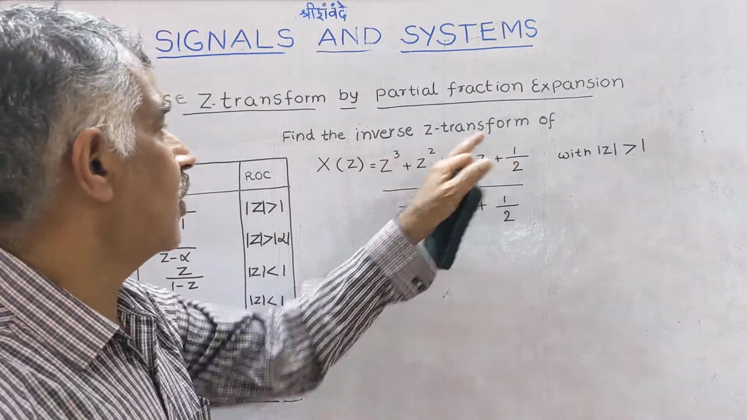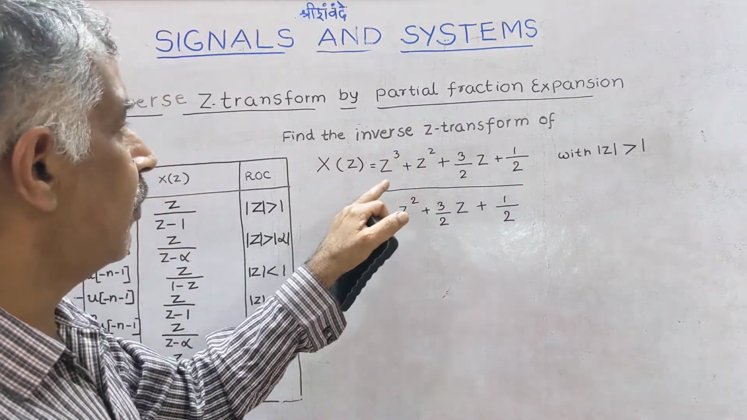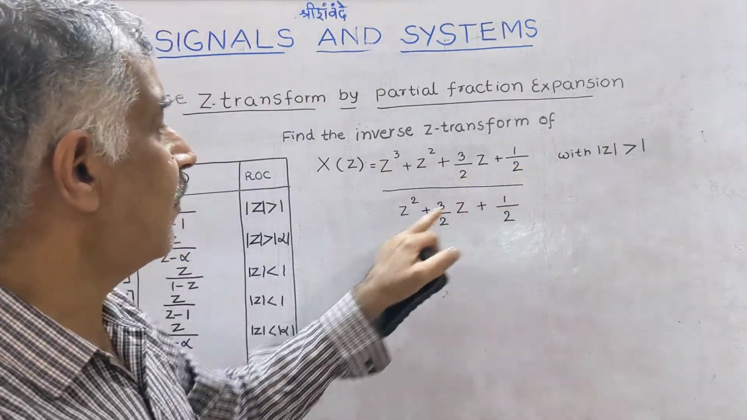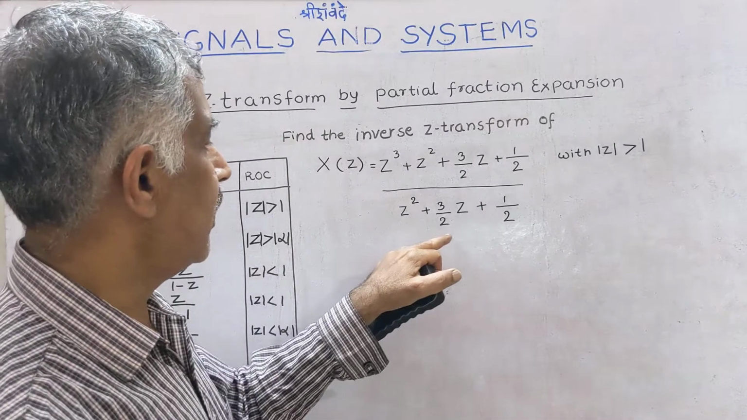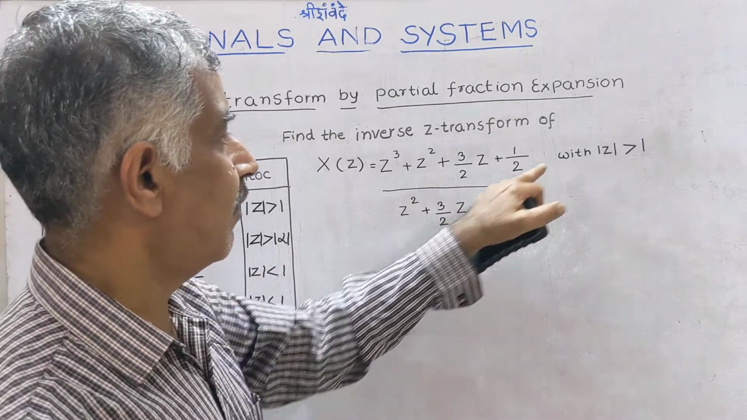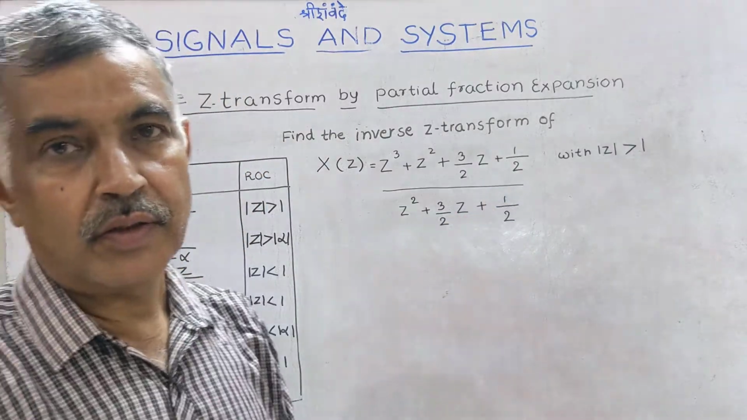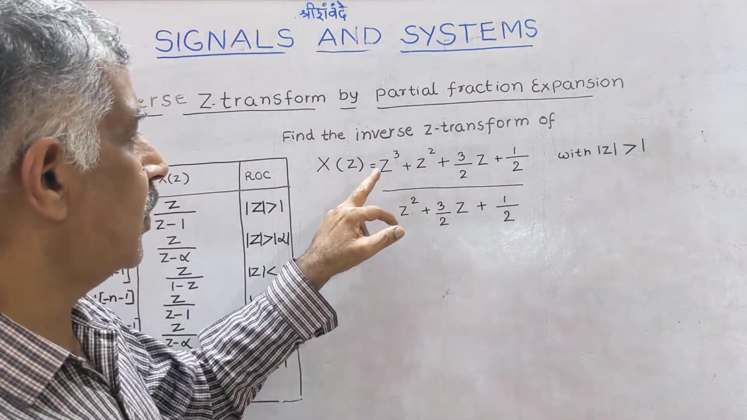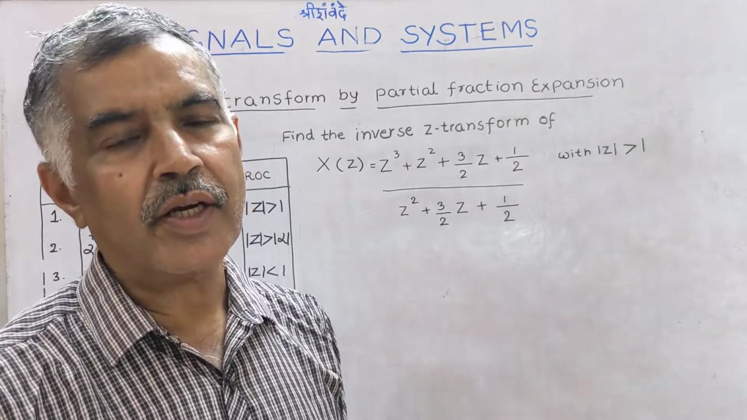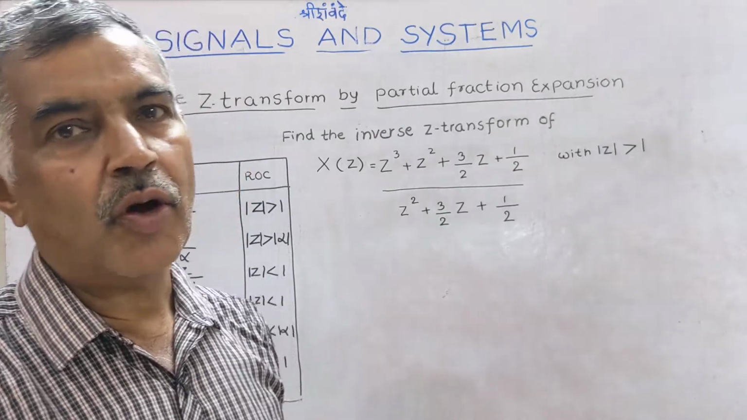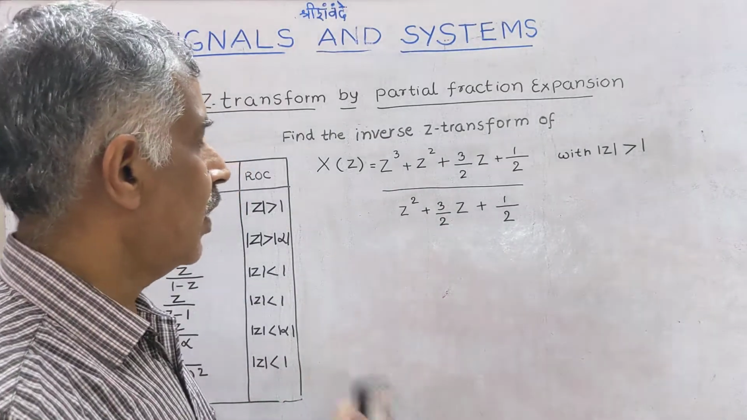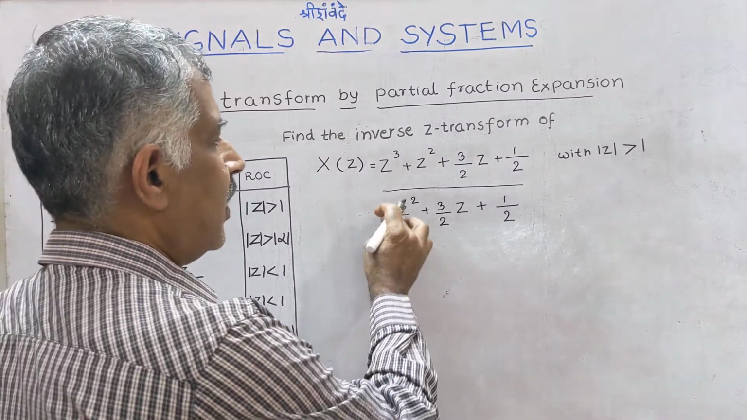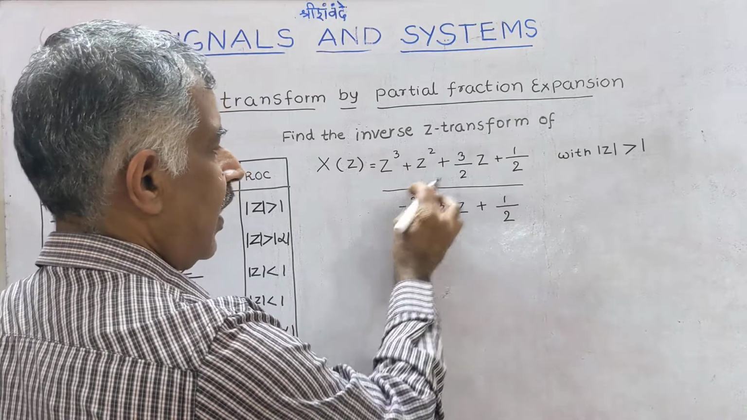Find the inverse Z transform of X of z equal to (z cube plus z square plus 3 by 2 z plus half) divided by (z square plus 3 by 2 z plus half), with mod z greater than 1. Now, once again, like the previous problem, the degree of the numerator is greater than the degree of the denominator. First, I will take the LCM for this and go to